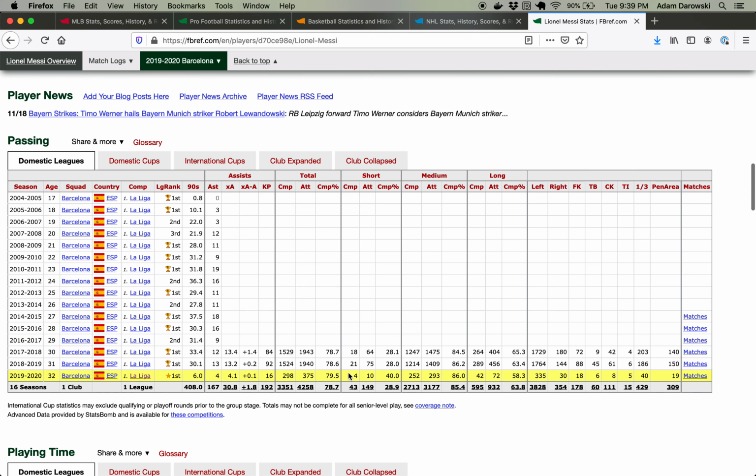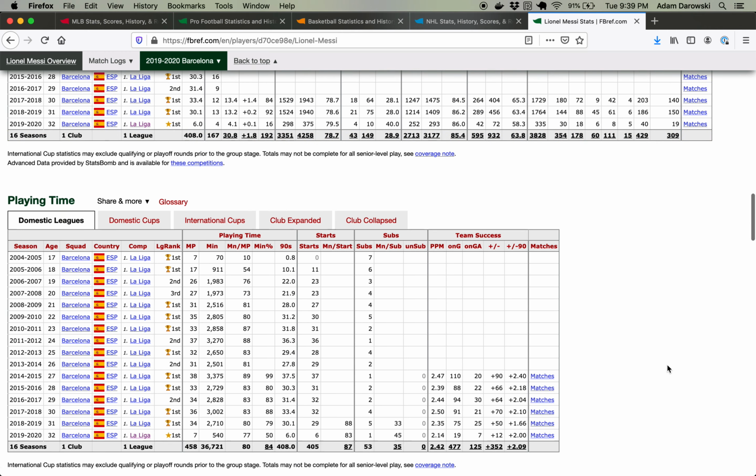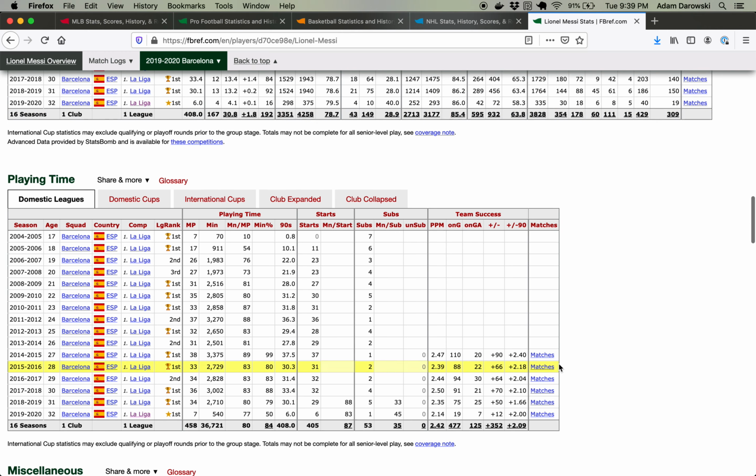Thought this was interesting. He's got some remarkable consistency with his passing, 78.7 in 2017-18, 78.6, 79.5. Look at that. It was like just a handful of passes difference in 2017-18 and 2018-19. Look at this, like 140, 150 passes into the penalty area. He's just absolutely insane. Team success is really interesting to look at with Messi because his plus 90, this is